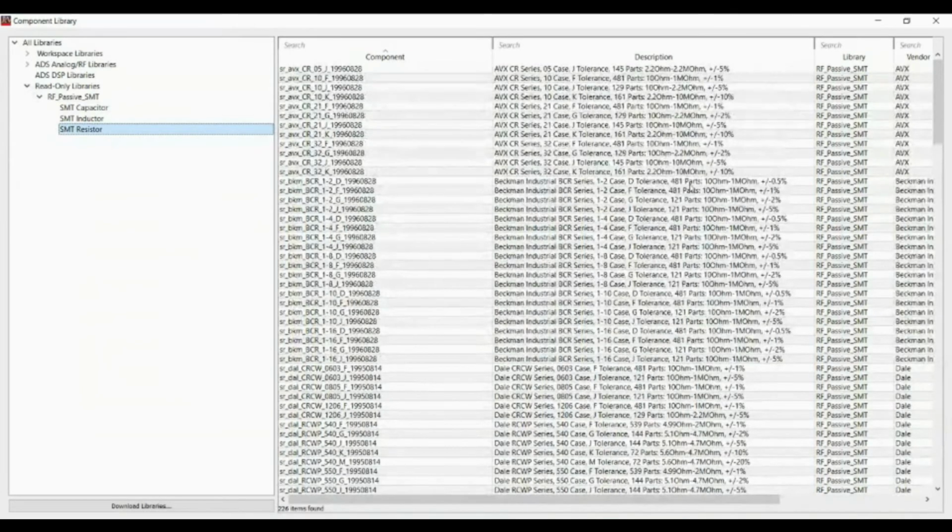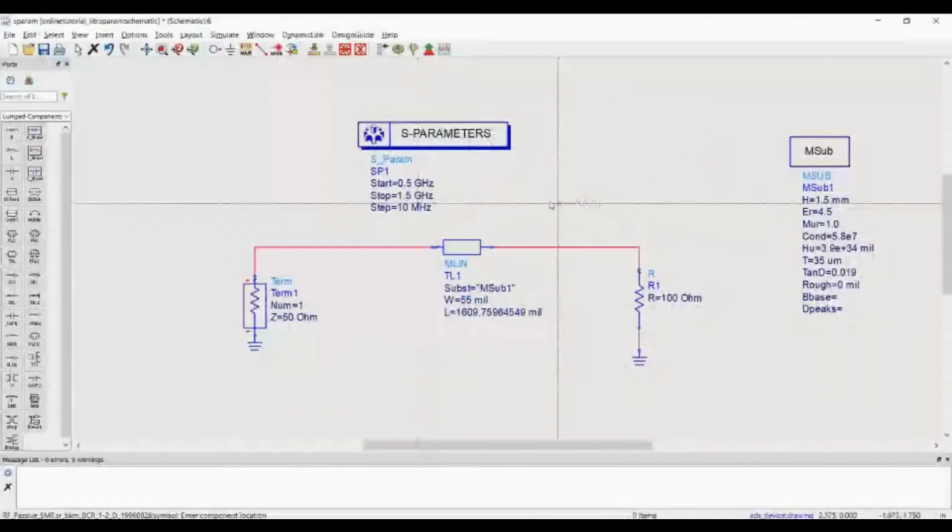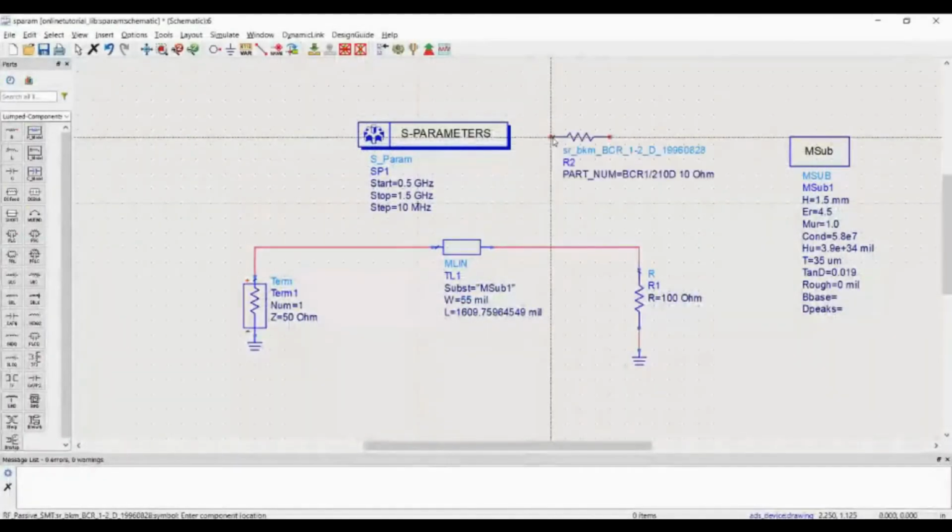I will have to make sure that I get 100 ohms, so with the least tolerance, I am picking this. Just double click on this and you will have this component available here. Now this particular resistor is not an ideal resistor, will not have 100 ohms at all the frequencies, but will behave as a physical component will behave.